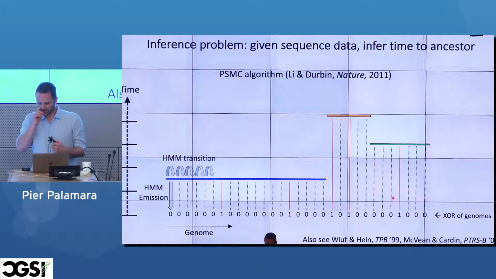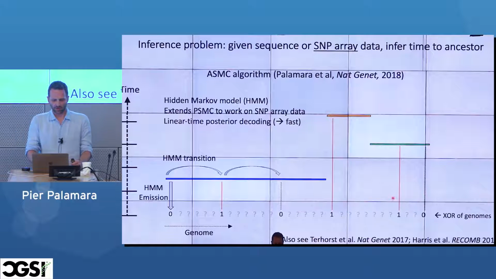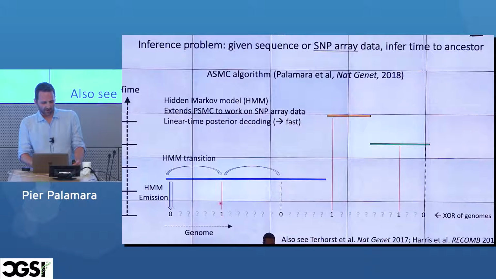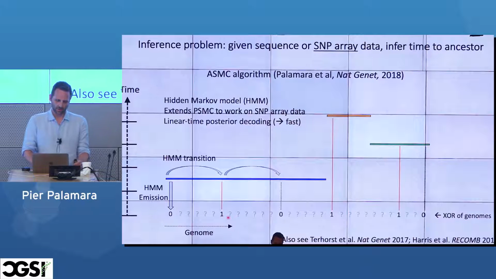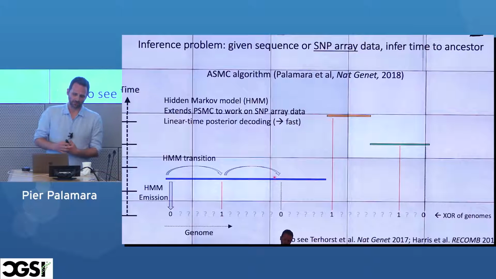Now I'm going to skip a lot of details, but the algorithm that I mentioned earlier is called ASMC, which is an extension of this approach. And the goal of this extension, which is something that I was working on a few years ago, is to be able to work with SNP array data, so not only sequencing, but also SNP data. And the complication here is that you have a lot more sparsity, so you have to jump much farther in the transition. And the emissions are not just mutations anymore, because you have to think about the frequencies, because when you have SNP data, you normally just keep the high frequency mutations. And the other ingredient here is that we want this to be quite fast, because we want it to be able to be applied to large data sets.